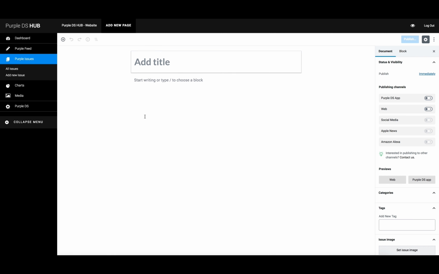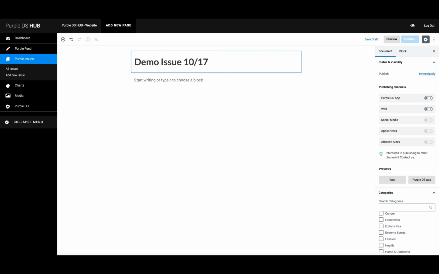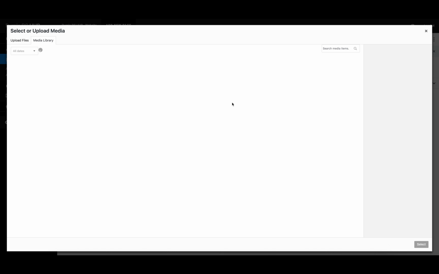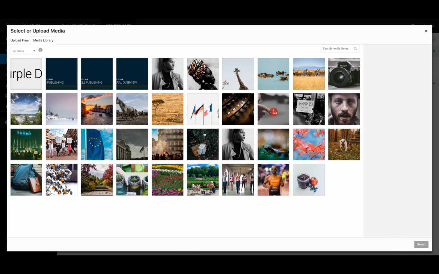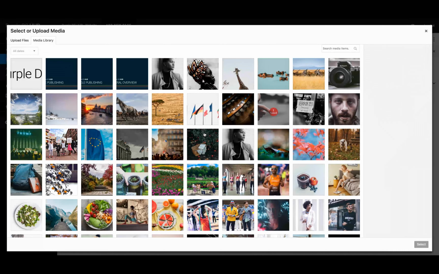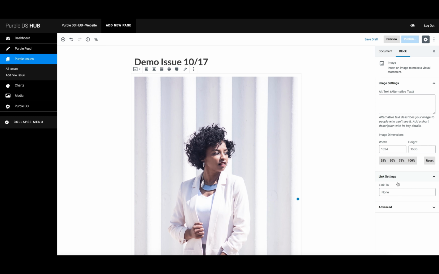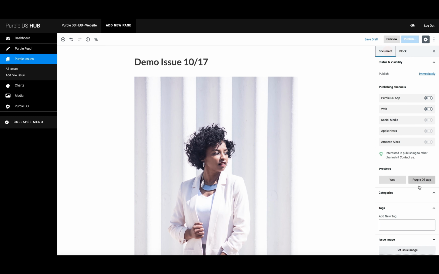What we do, we add an issue title, let's say Demo Issue 1017, and we add an image for the cover. So I go back to my media library and pick up one of my images. Let's say I take this one, select,